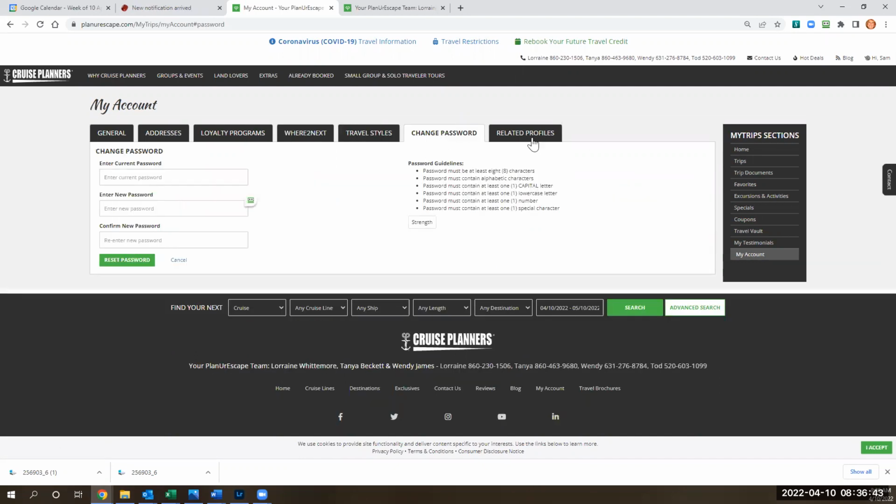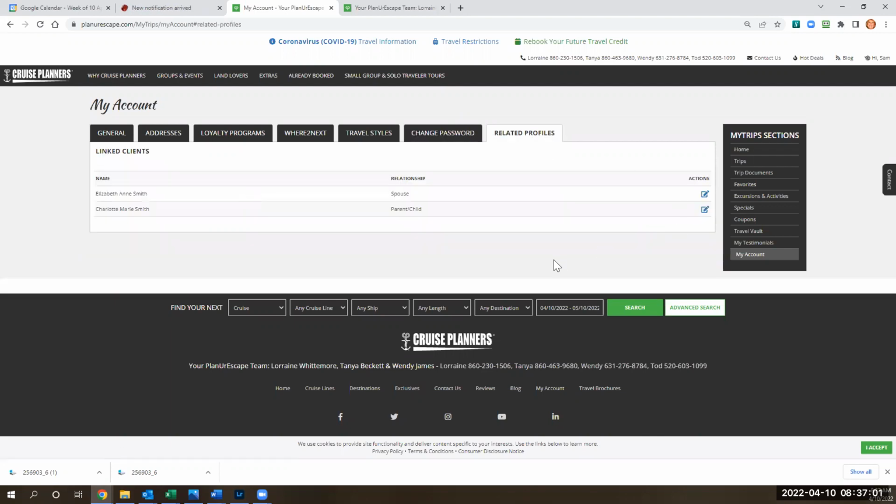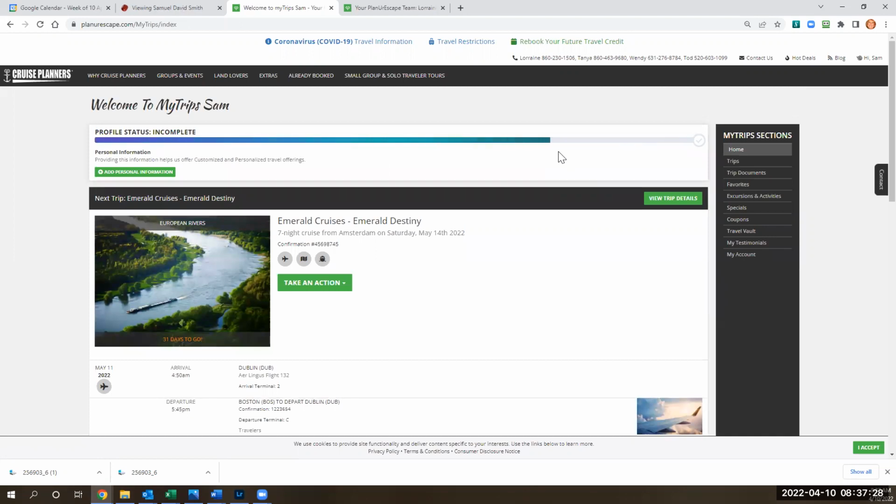You can change your password in here if you need to. And if ever you forget your password, just send me a quick text or an email and say, can you reset my password? And I can reset it. I can't ever see your password, just so you know that. All I can do is reset it. And then if you have people you travel with, spouse or child, but it could even be relatives you always travel with, friends you travel with, you can link their accounts. And once those are linked, then I know that too. And I can more quickly get information for you on your trip to other people that you might want to send information to. So think of this as a complete database of your travel life, your travel preferences,